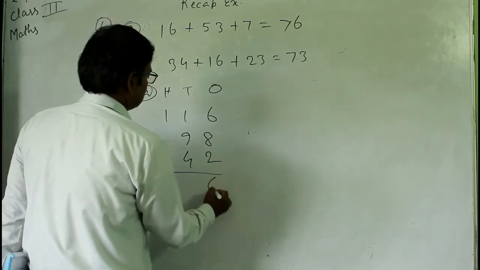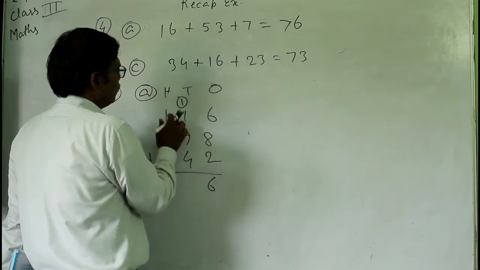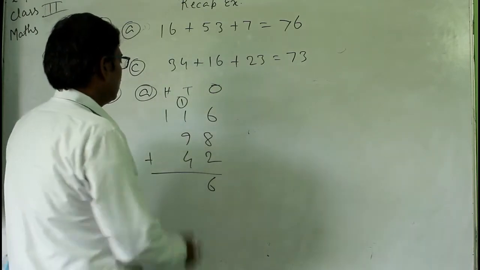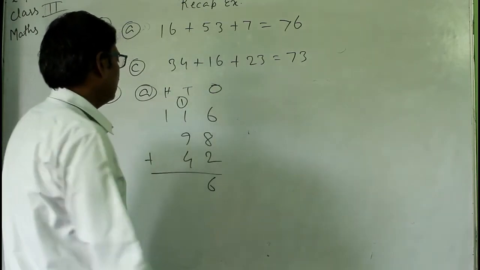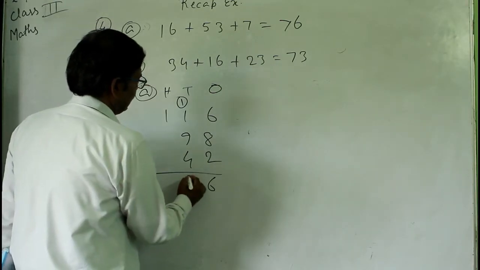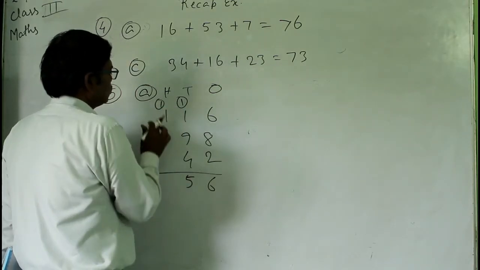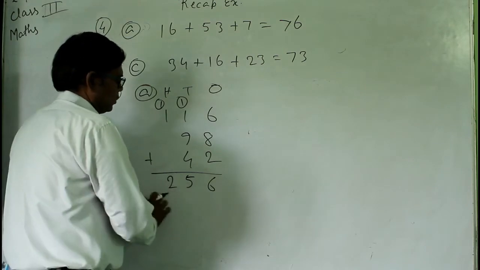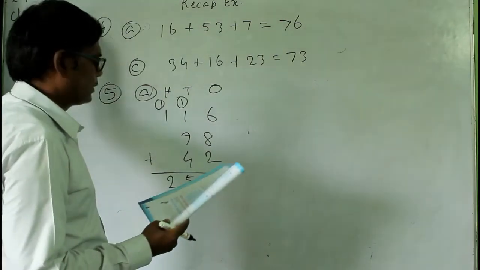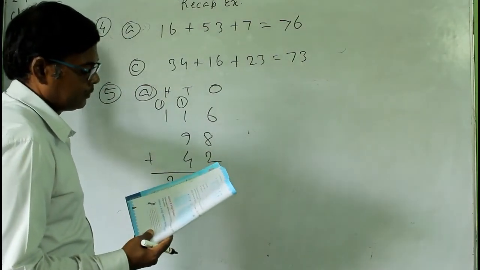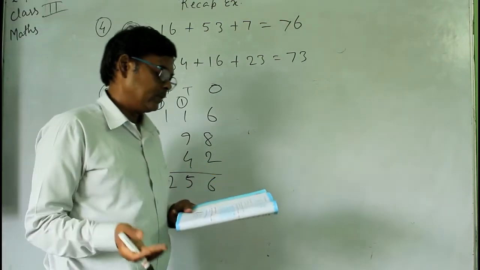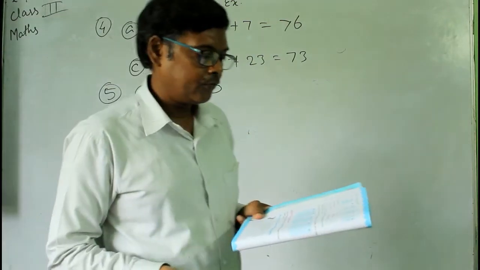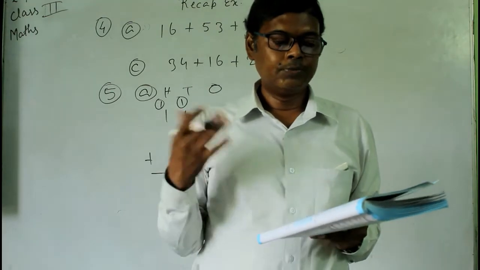So write here 6, then carry here 1. तो 1 plus 1 कितना हो जाएगा? 2 और 9 plus 2 कितना हो जाएगा? 11 and 11 plus 4 कितना हो जाएगा? 15. And then carry 1 here again. So 1 plus 1 is 2. So this is the total number of crumbs collected in the first trip. Okay, so similarly you can find the total number of crumbs collected in the trip 2 and trip 3.